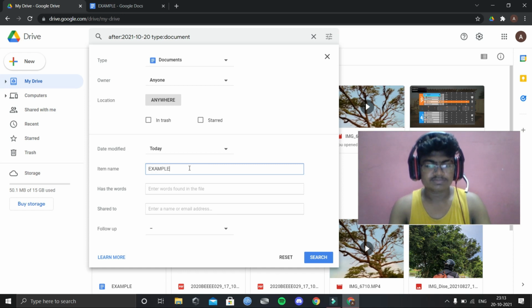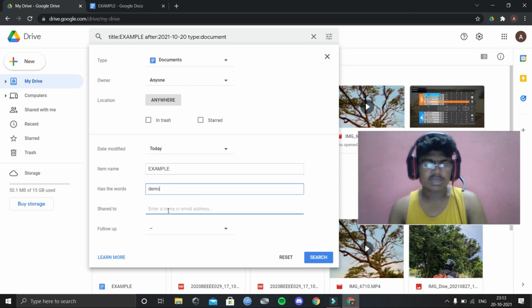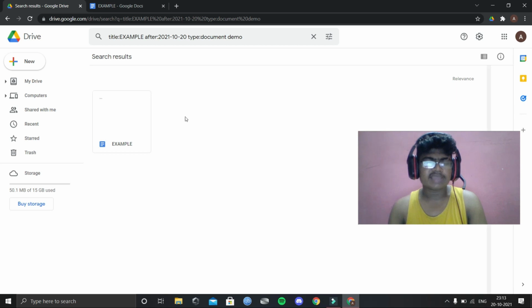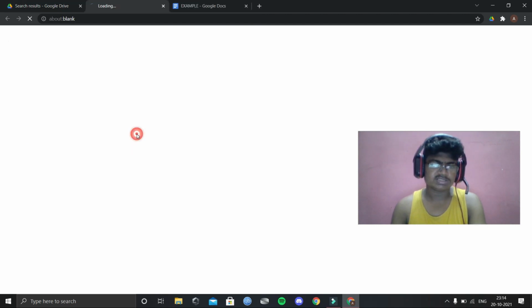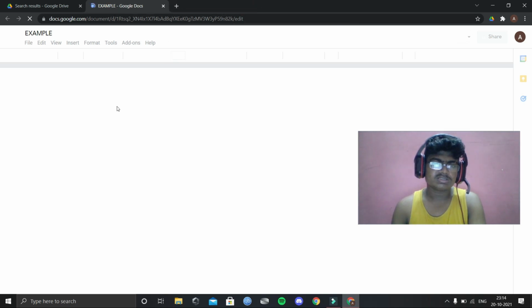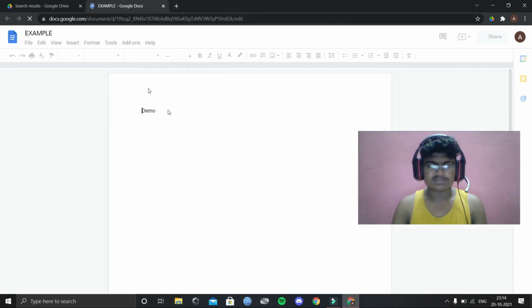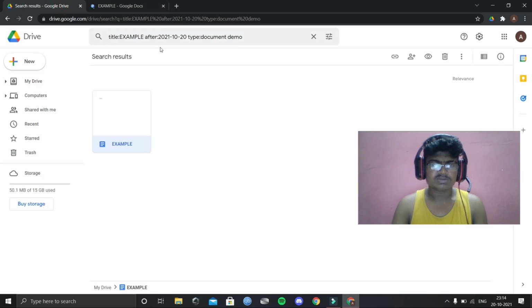example, and has the words demo. And I'm not sharing it. I'll just search it. Exactly, I get my document which I wanted to search. I'll click it, and this is the document that I wanted to search. I gave demo here, so the demo extension is given, and the document, example, and the date. This is how we can search